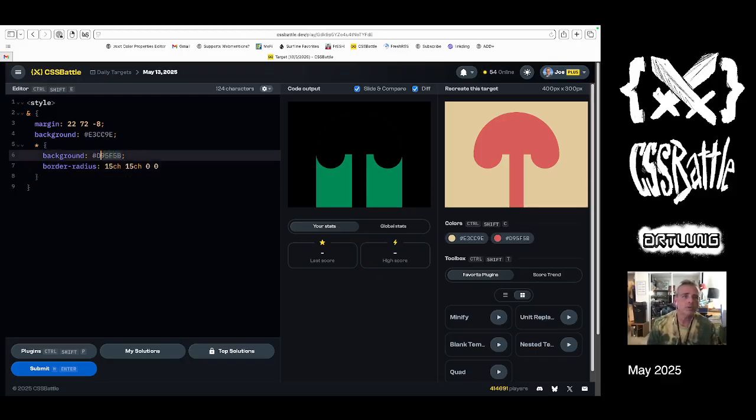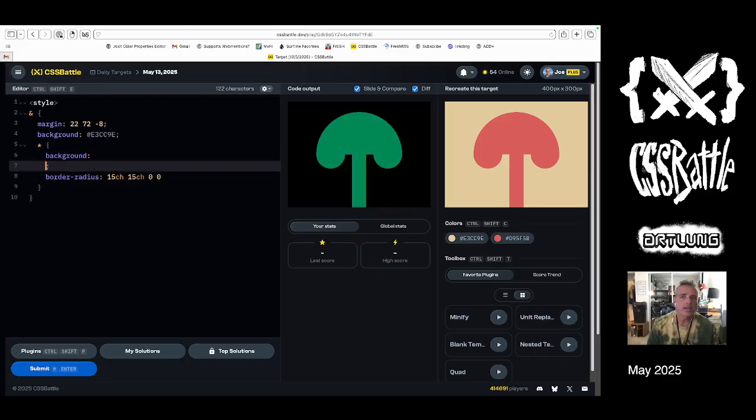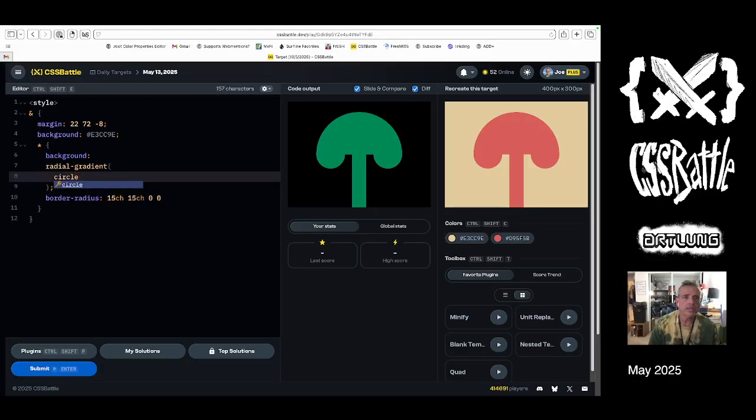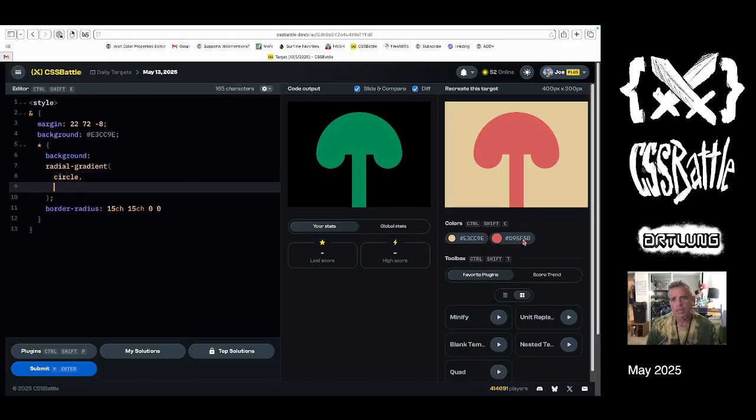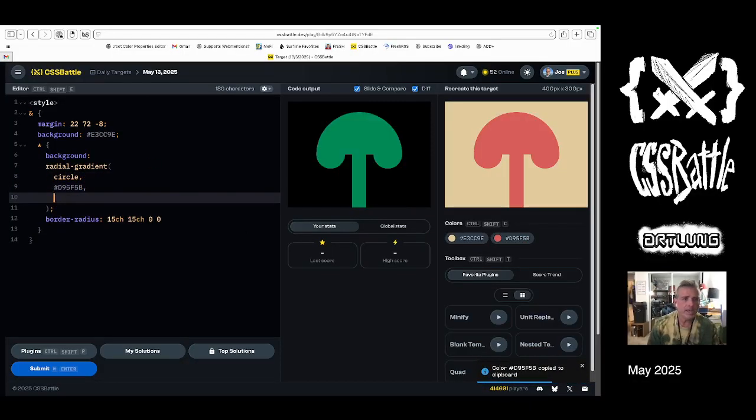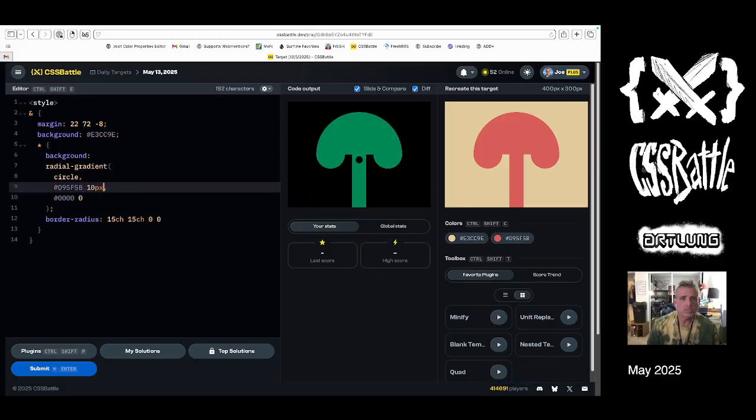Okay, and then the next part is what? I think it's a radial gradient. I'm going to do these circles, right? Radial gradient. That's a little circle guy. And then that, and then transparent. Let's do it in pixels. How about 50,